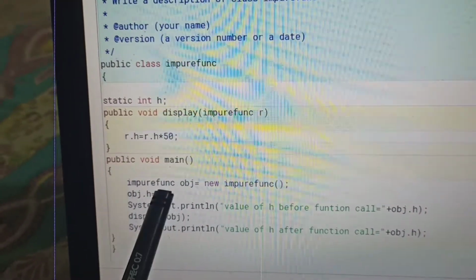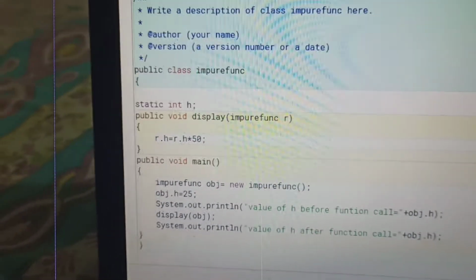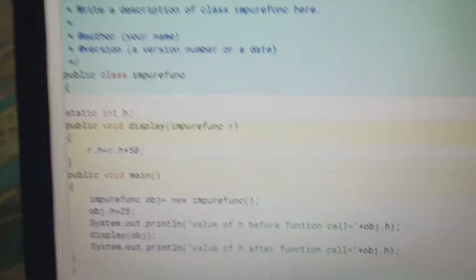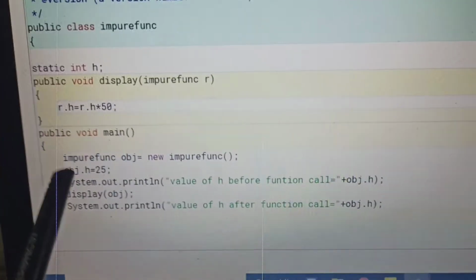This 25 is going to be stored in this object.